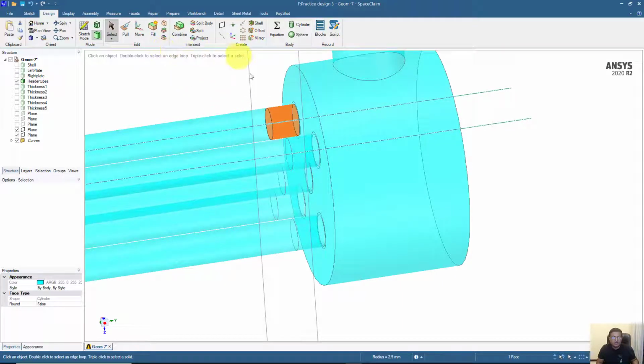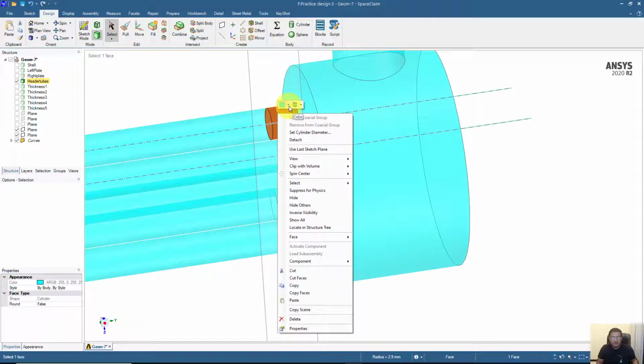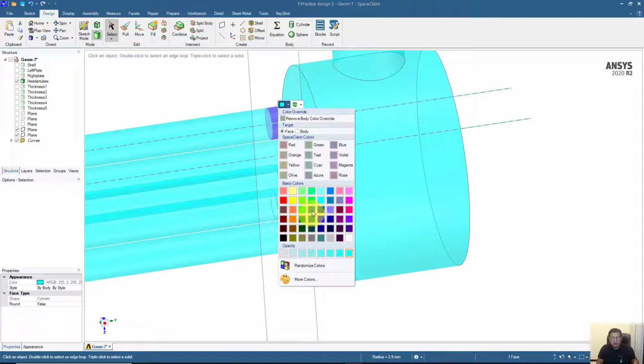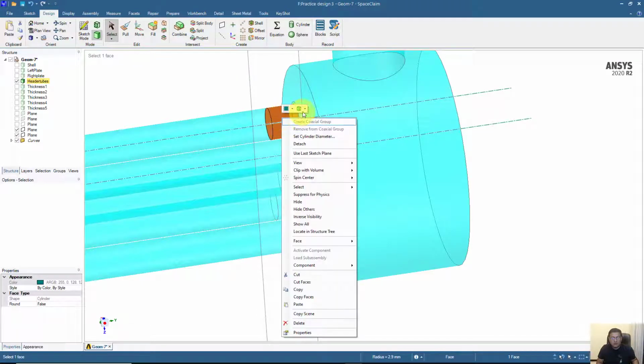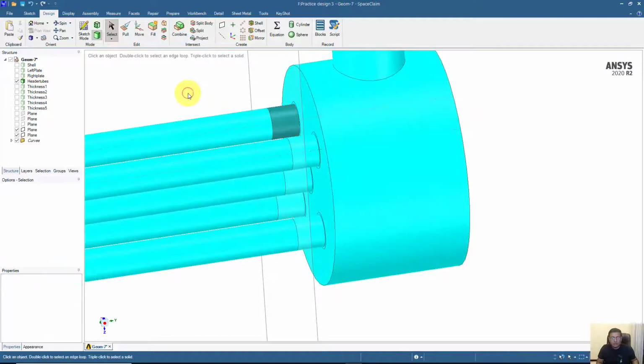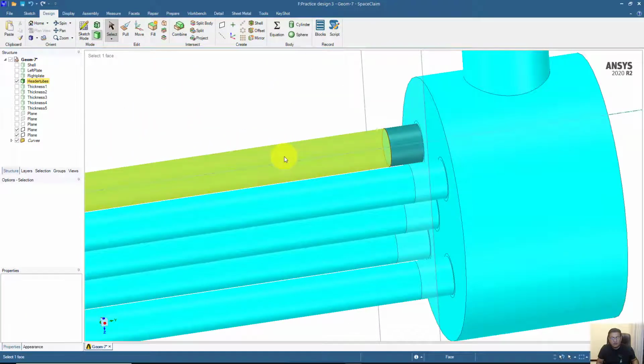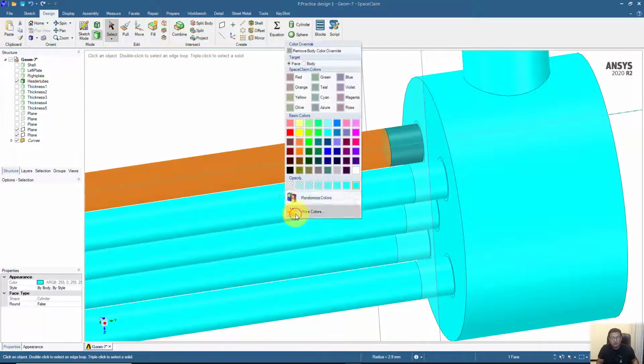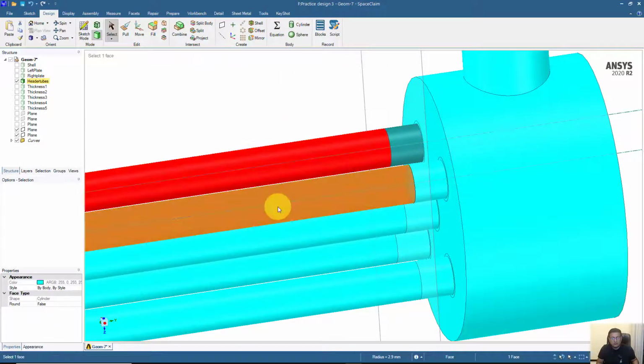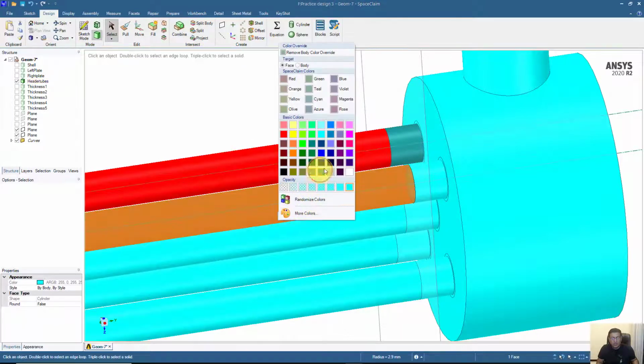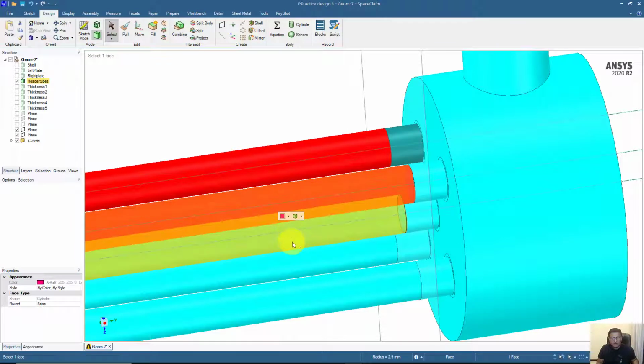You can also change the color to see them in a different way. You can make them opaque. Okay, so another color, let's say this is another color here.